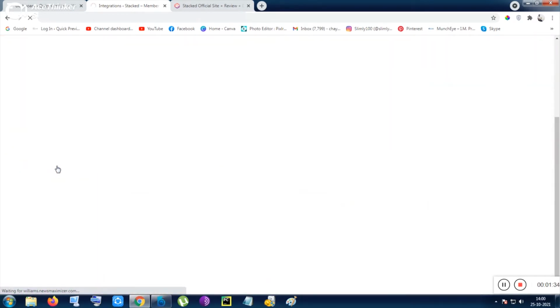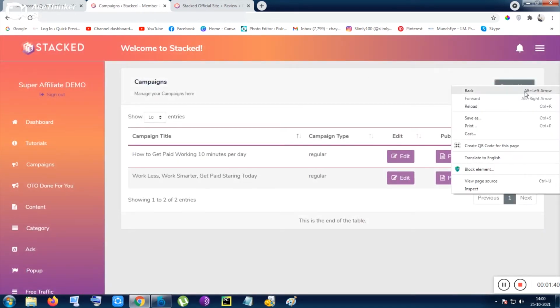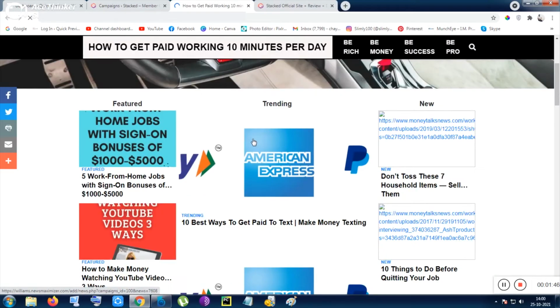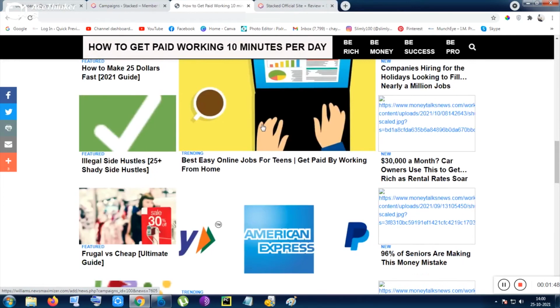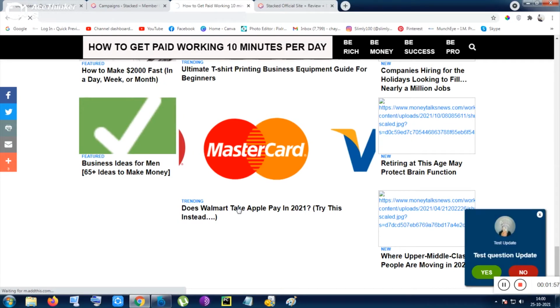Inside campaign, if I click on create new, I need to fill a form. But before creating a campaign, let me show you how a campaign looks. This is one of the campaigns among the two, and you don't need to write any blog post to create a campaign.